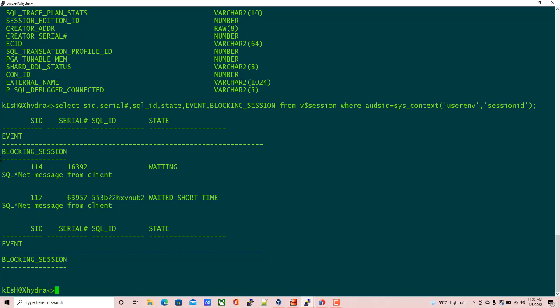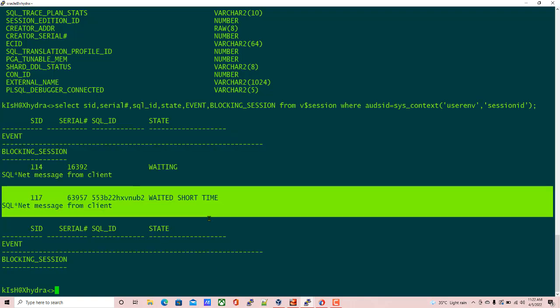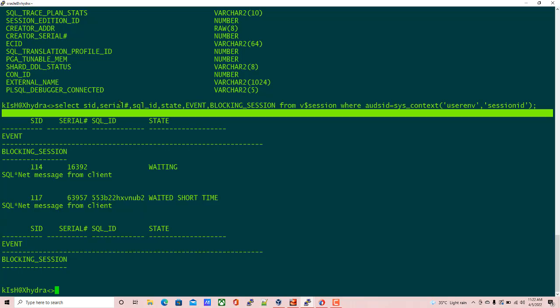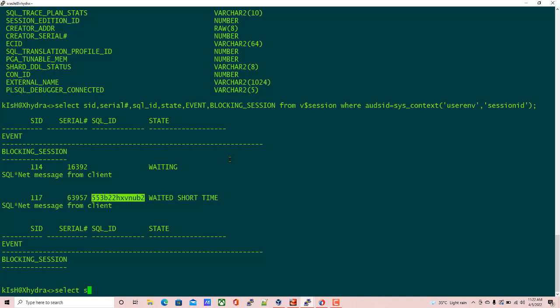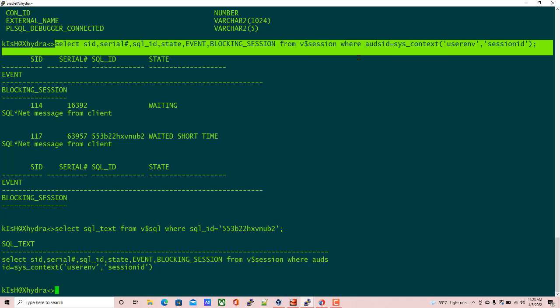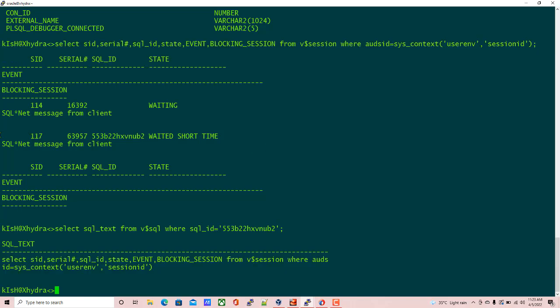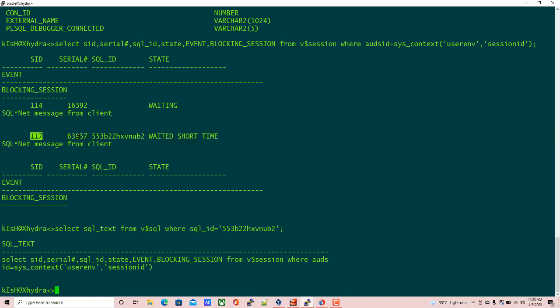Now you can see the details over here. So this is my current session, and I ran this SQL ID now. That's the reason it shows this SQL ID. If you check the SQL text, you can see the same query which I executed now. So that's how you identify the current session. So my current session detail is SID 117 and serial number